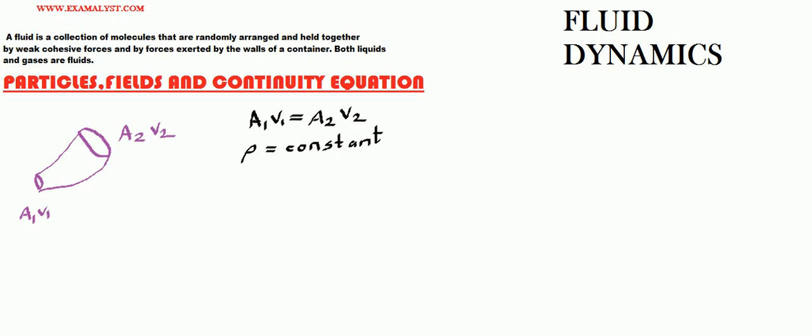So in our last lecture we learned that if rho is constant for a fluid and if the fluid is moving through a pipe whose left hand mouth area is different from right hand mouth area, then by equation of continuity A1 V1 must be equal to A2 V2. That is, the product of area and velocity on the left hand mouth must be equal to the product of area and velocity on the right hand mouth. This was only true when rho is constant. That is, rho is not a function of time or rho is not a function of space